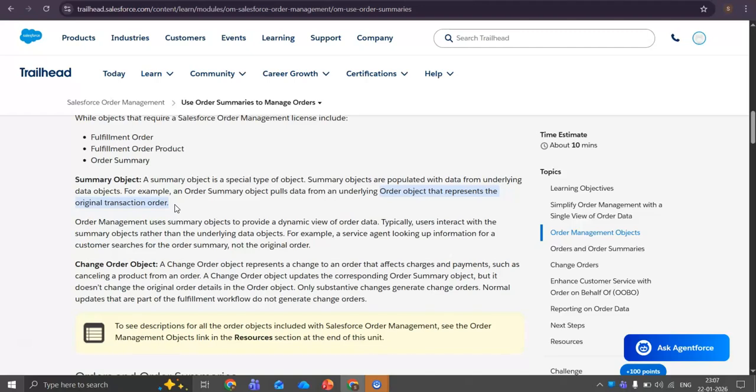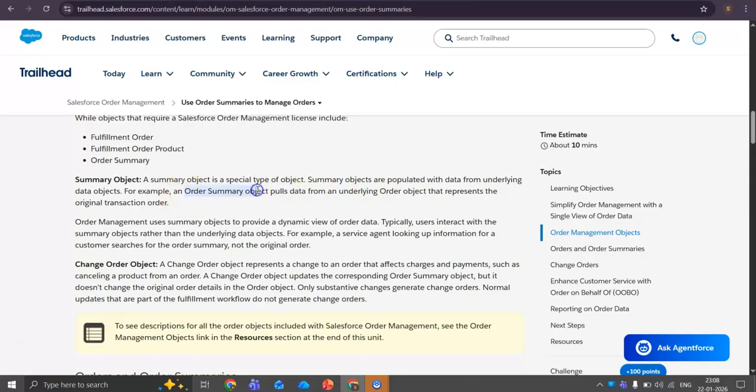With these order details, OMS will create an order summary record. The order summary object pulls the data from an underlying order object.